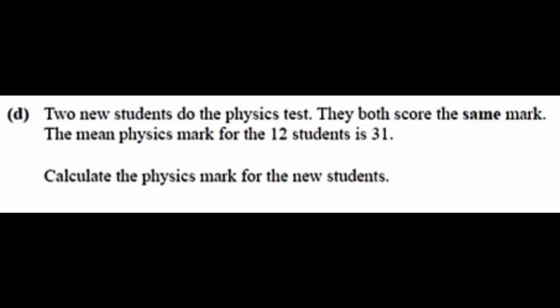Next question right here. Two new students do the physics test. They both scored the same marks. The mean physics marks for the 12 students is 31. Calculate the physics marks for the new student. So to calculate the physics marks for the student,